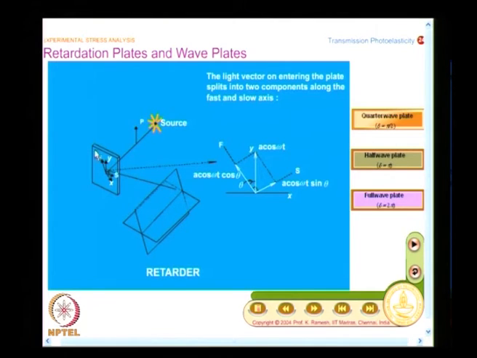So, when you look at a crystal, a crystal will always have a fast axis and a slow axis, which are mutually perpendicular, and you may have to perform an experiment to find out these axes. The labels F and S are again arbitrary. A priori we do not know whether it is a fast axis or a slow axis. You can label it as fast axis and carry on, but once you do this, you must match your optical arrangement to the actual physical polariscope.